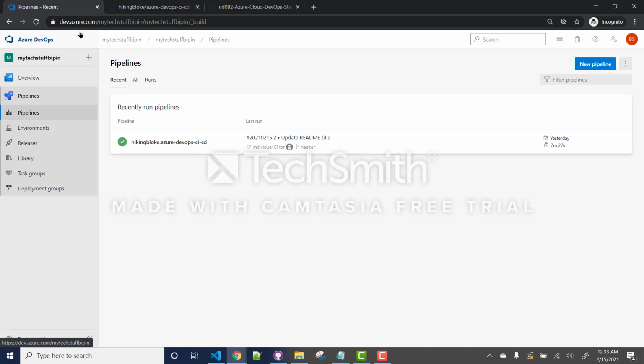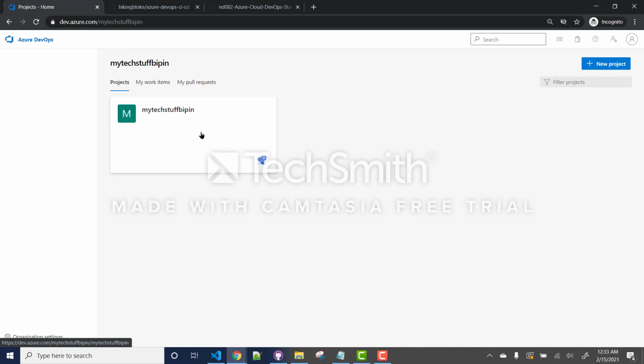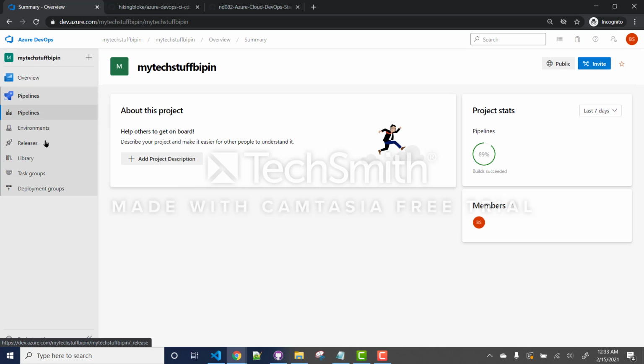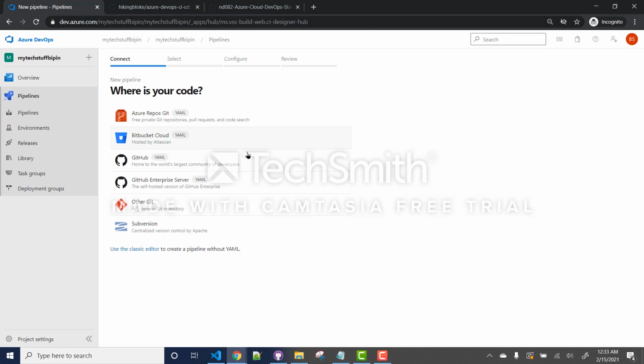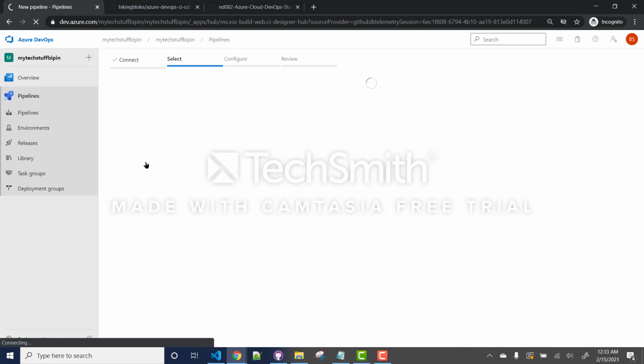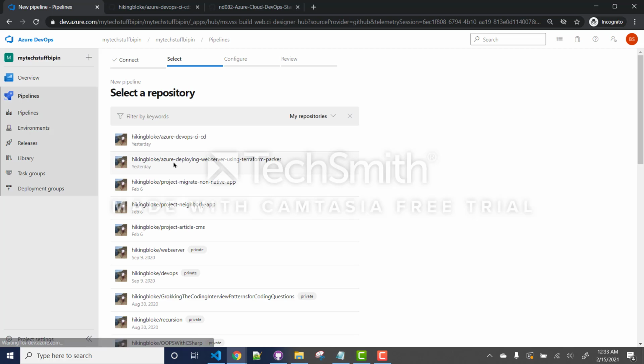The next step we have to do is create an Azure pipeline. So go to dev.azure.com, log into your account and create a pipeline. Firstly, you'll need to create a project and then create a pipeline. I've already done a pipeline for my repo, but I will show you the steps for how to do it. Click on the new pipeline button and it will ask you for options. So I'm going to pick the GitHub option and link it to my GitHub repository. This is the repo I'm going to use for the demo.